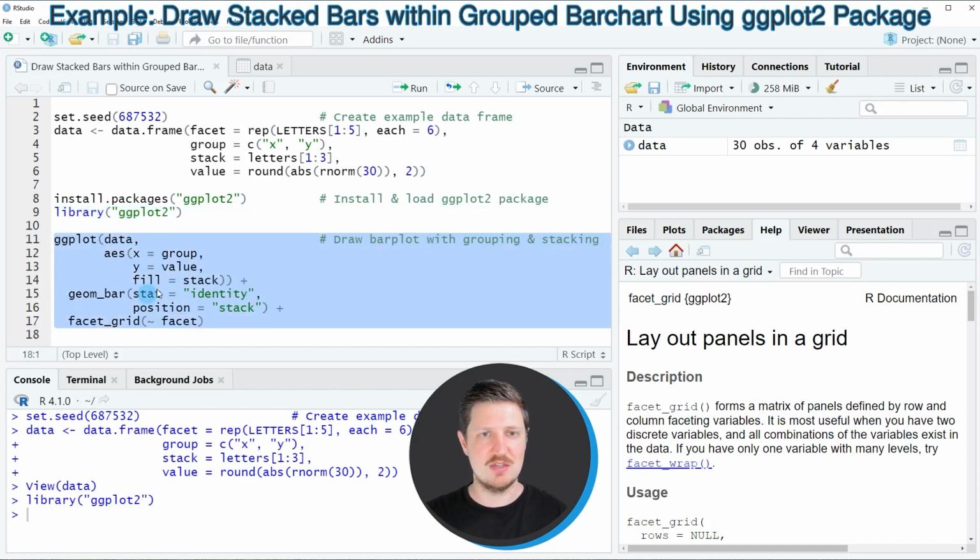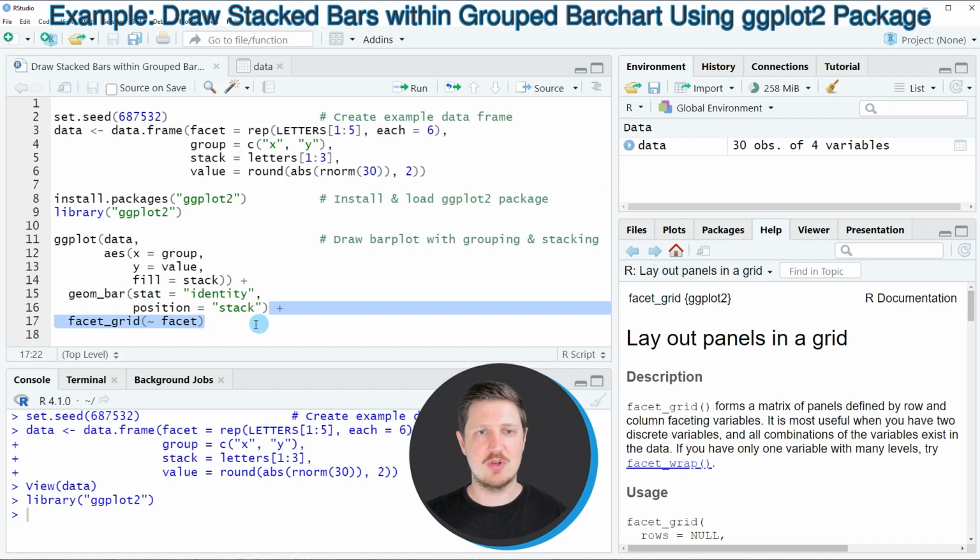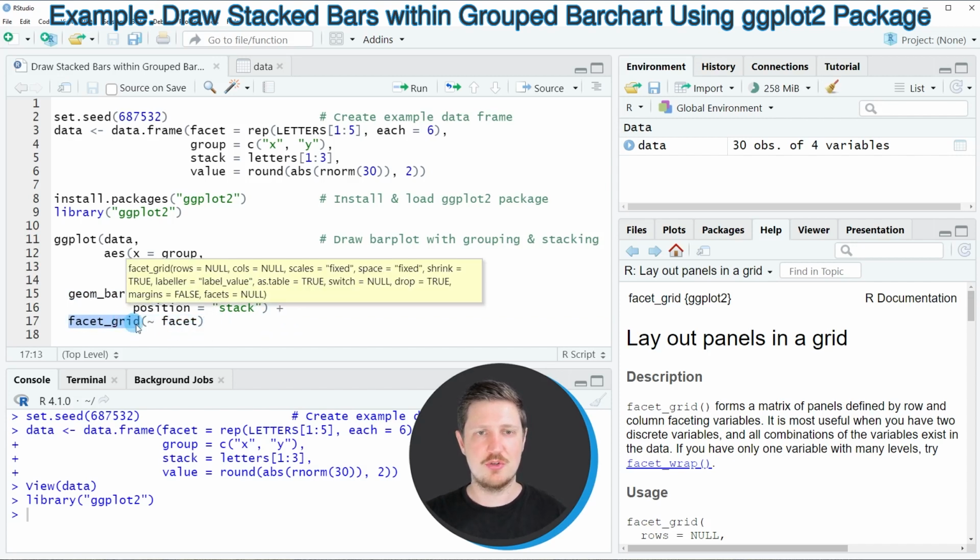lines 11 to 17. So in lines 11 to 14 of the code I'm using the ggplot function. Within this function I'm specifying our data set, data. Then I'm specifying the group column as x, the value column that contains the random numeric values as y. And the fill argument has to be set equal to our stacking column. Then in the next step I'm adding the geom_bar function to this code to specify that I want to draw a bar plot. And then I'm also adding the facet_grid function in order to tell R that I want